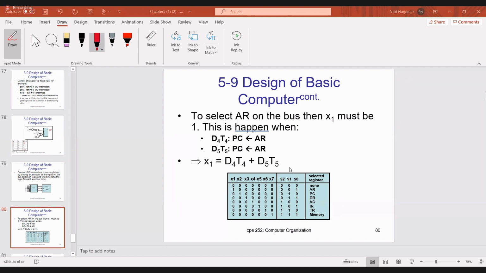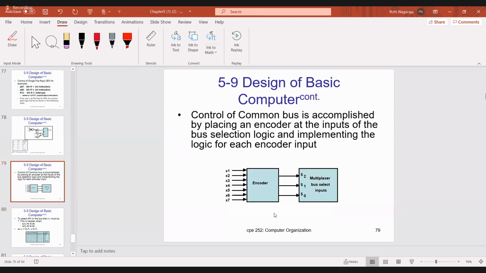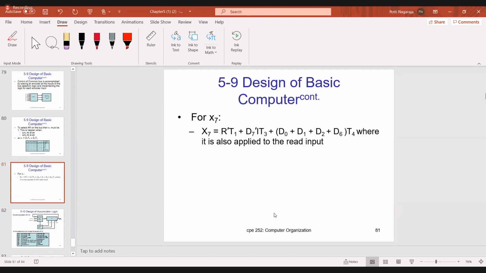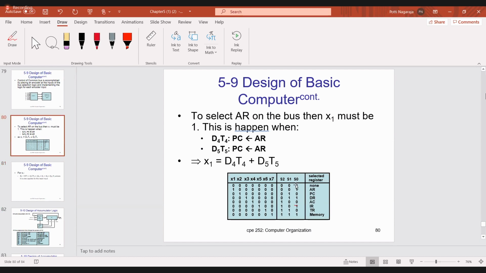And one more important point: can anyone tell me what S0 is? S0 is nothing but where it is 1. So now verify S0 where it has 1. It has 1, and it is X1. Similarly here it is 1, which means it is X3. And here it is 1, so here it is X5. And here it is 1, it is X7. Okay, those are the lines. Now similarly S1.